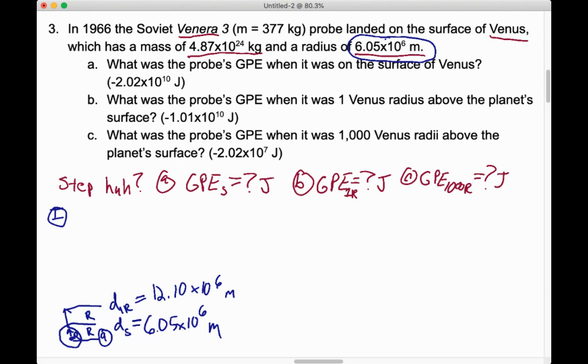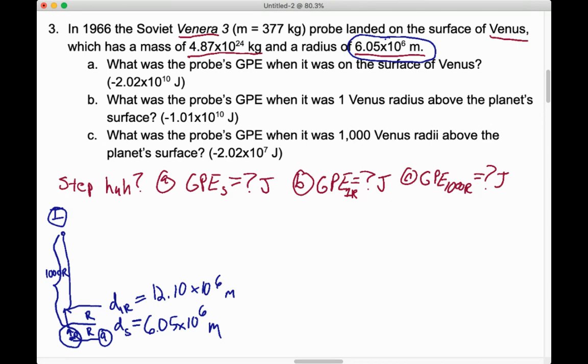And then in part C, what do we need to figure out? Well, now we have the thing way above, so this is not to scale. But when your probe is way up here, this distance here is 1,000 Venus radii. So how far are we from the center of Venus when we're 1,000 Venus radii above